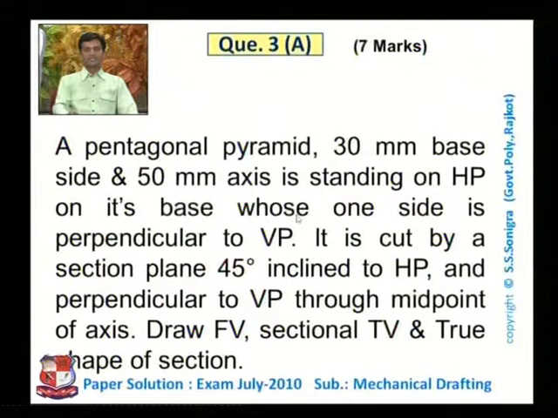Now it is standing on HP on its base, whose one side is perpendicular to VP. So we have to draw its top view such that one side of the pentagon should be perpendicular to XY line. It is cut by a section plane. We have to cut this pentagonal pyramid by a section plane which makes an angle of 45 degree with horizontal plane, means with XY line, and passes through the midpoint of the axis. So axis